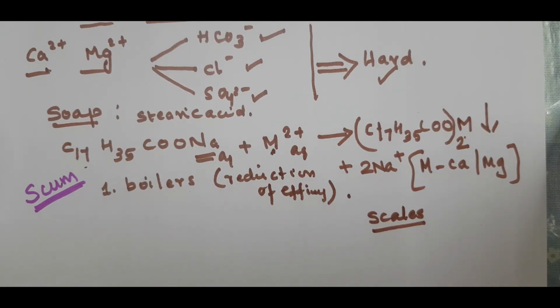Okay, there is a harmful effect of the hard water in the boilers, because every time you cannot take it out and clean it and then replace it, because it is a huge boiler. So it forms deposition as scales, a white precipitate. We can see that. So it will reduce the efficiency of these boilers. That is the harmful effect of this hard water.